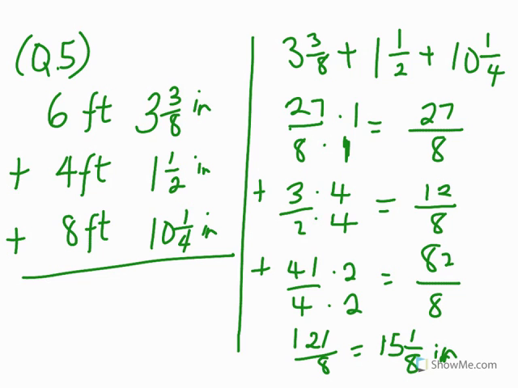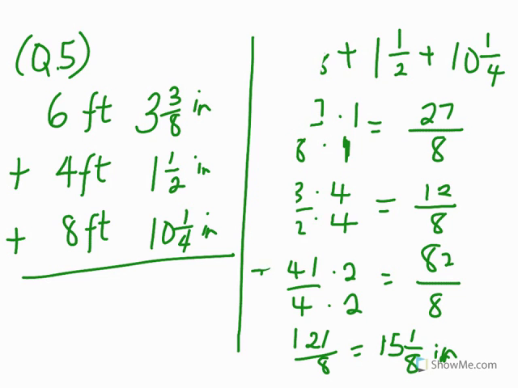Okay, then you ask yourself, what is the relationship between inches and feet? We see that 12 inches make 1 foot. So we have an excess here. Okay, 15 1/8 inches is greater than 12 inches. So if we bring out 12 inches, which makes 1 foot, we subtract the excess, or we can divide, and the quotient will give us the feet, and the remainder will give us the inches. Now when we subtract 12, 15 1/8 minus 12,